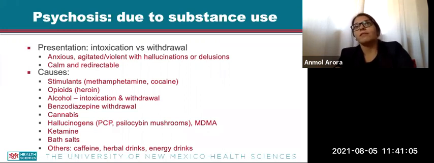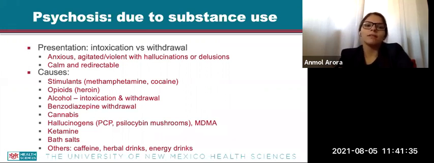One thing to be mindful of, psychosis due to substance use can be either because they're intoxicated, they just did some of the substances, or because they're withdrawing from it. So either they'll be super anxious and verbally or physically aggressive or violent, with or without hallucinations or delusions, or they may just be calm and redirectable because they just did some of the substances. Causes to consider